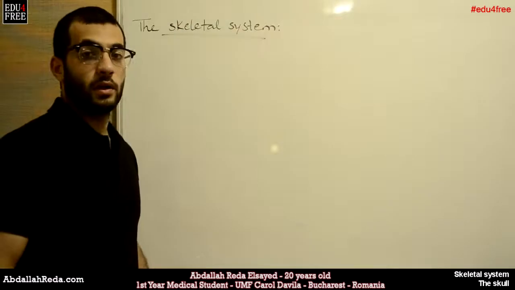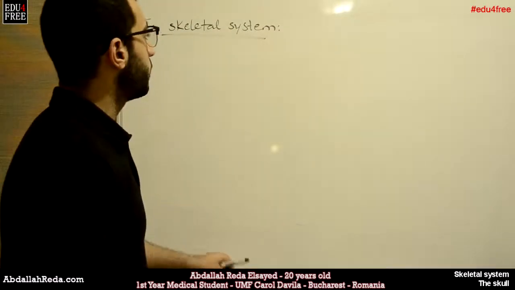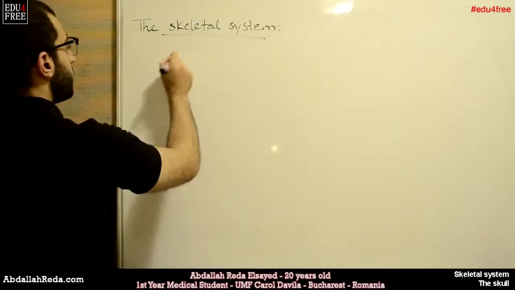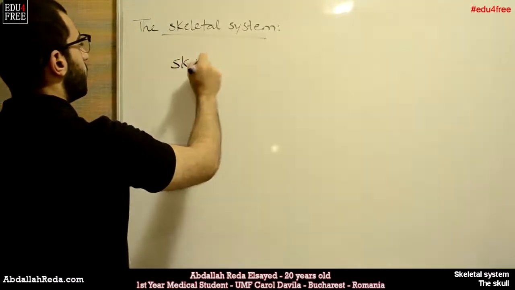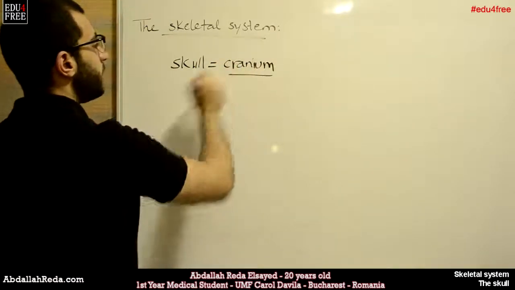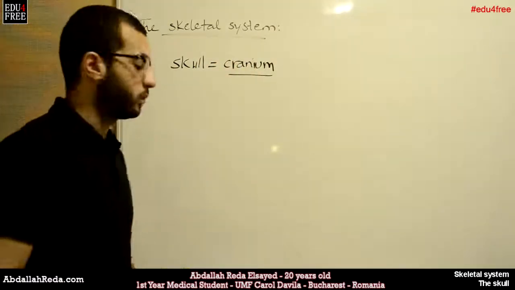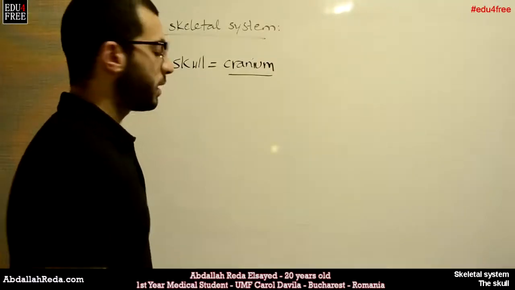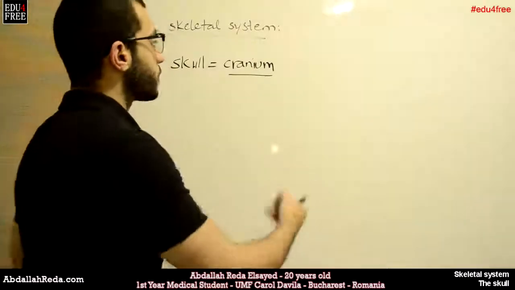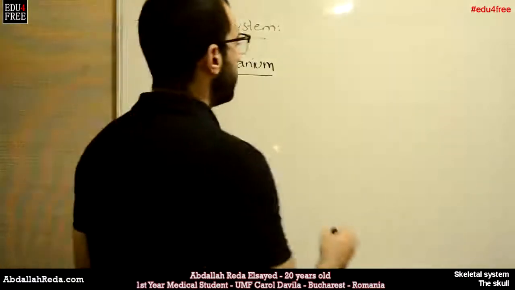So now we're going to talk about the skull. The first thing that we need to know is that the skull is also called the cranium. So skull equals cranium, and cranium means a box made out of bones. And it's called so because it contains the brain, and there are other organs also which are found in the skull. So if we draw the skull,